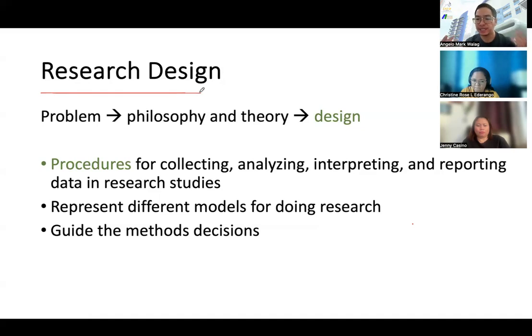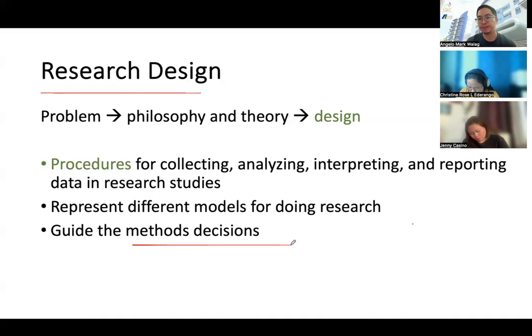So you do not just tell us that your research design is a sequential explanatory design or a sequential exploratory design. You have to provide the readers, especially your panel members, an idea of how certain components fit in the bigger picture so that they would understand how each phase is interrelated and how each phase provides information to the next component. And finally, your research design will help you in all of the decisions that you have to make in the tools, techniques, and methods that you will use in the study.